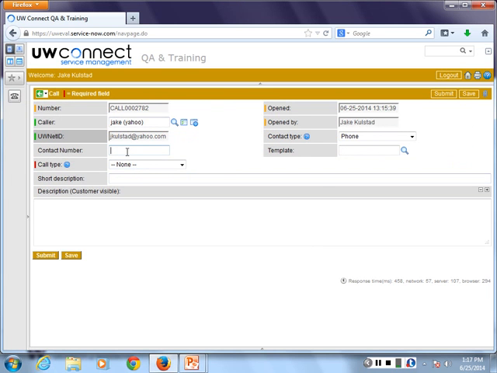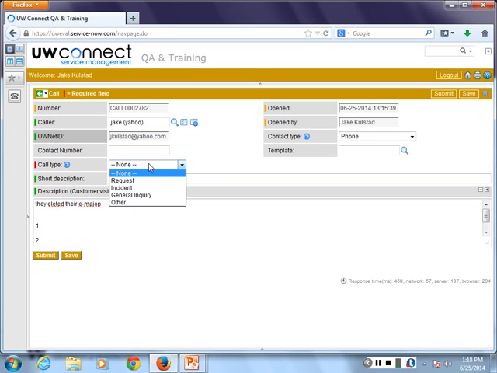You can see I have the ability to capture one-time contact information. If you did put in someone that has directory information in UW, it would pull in their number automatically. Down here, I have the short description, so I can say help, everything is gone. That's what the customer is crying for, or calling for, rather. And down below, I have what is the description. So I can say they deleted their email. All right, so we have some content there. You notice I'm not too worried about my typos.